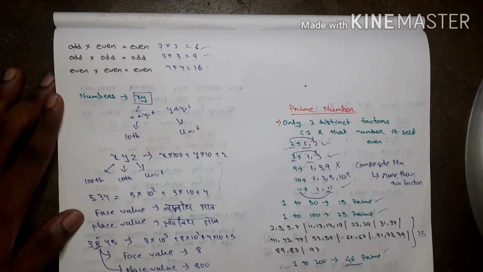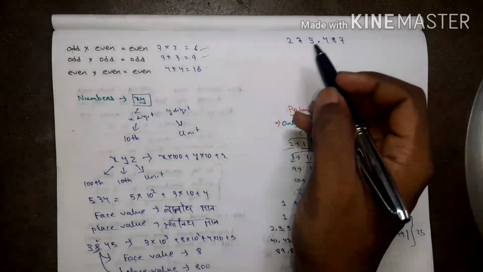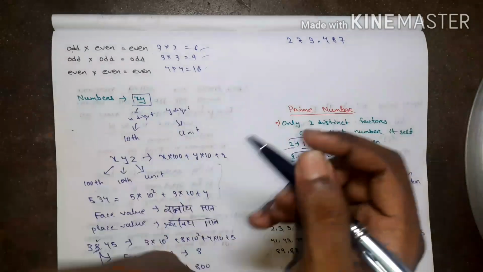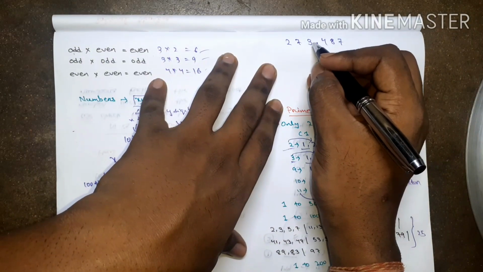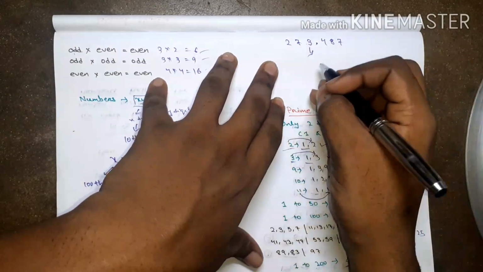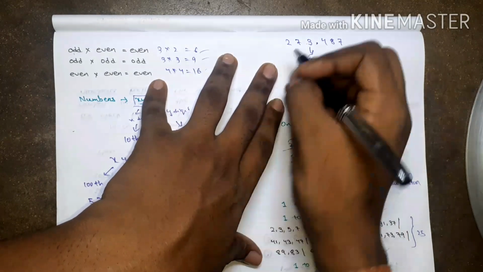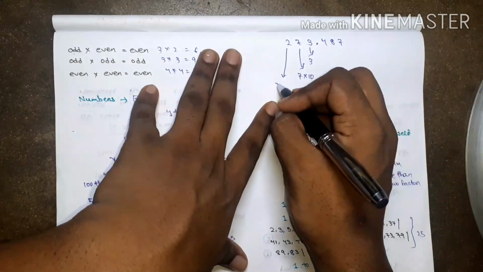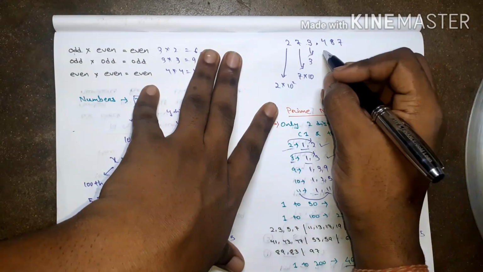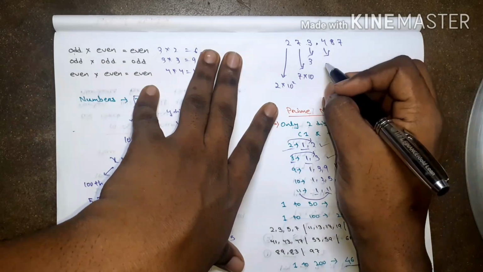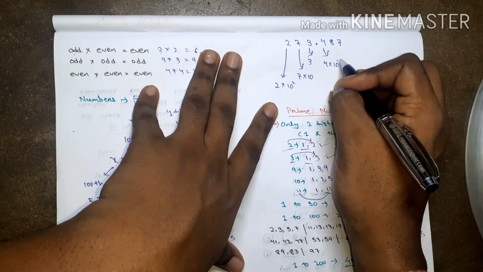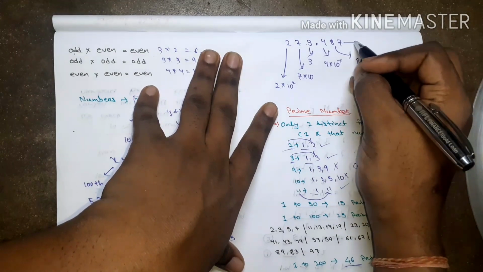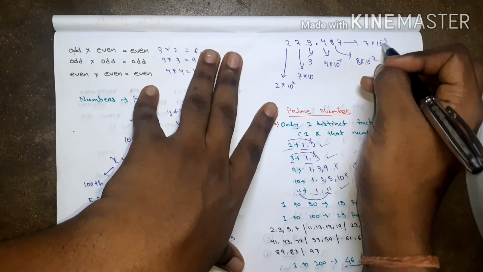That is 800. Okay. Here is a given number. We have to define the place value of every digit. Left of the decimal, the value of this is 3. Its value is 7 into 10. This value is 2 into 10 to the power 2. Right of the decimal, 4 into 10 to the power minus 1, 8 into 10 to the power minus 2, 7 into 10 to the power minus 3.